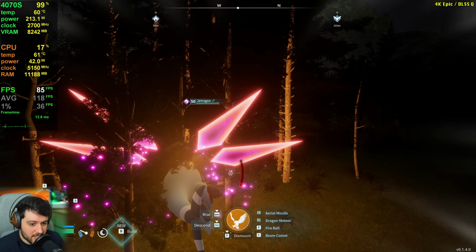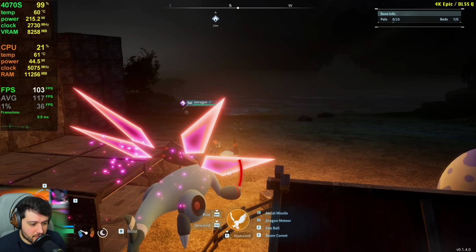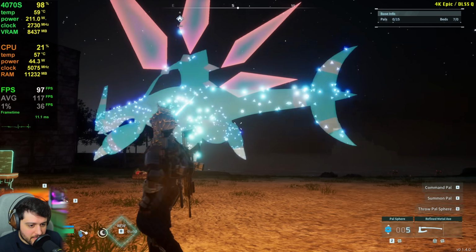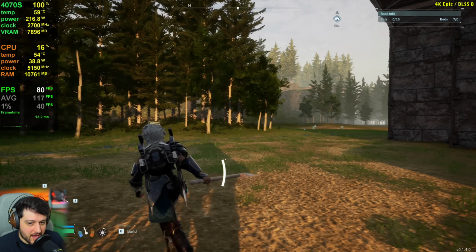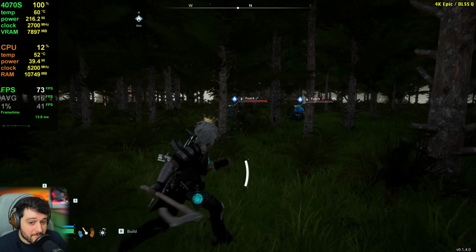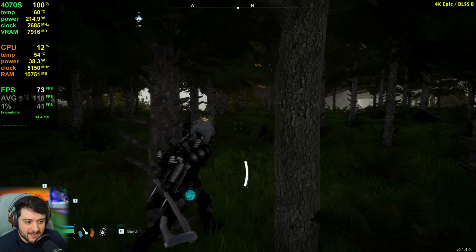Finally, dropping down into the 80s around here. Not the 60s, which is great, but this is during night time, so maybe... Come on, get out, please. Can't get out there. Okay, there we go. Come over here, boy. I'm gonna go to sleep, and so are you. And it's dropping into the 80s, 70s now. Okay, 75. So instead of dropping into like the mid-50s, we gained the 20 FPS again that we saw previously